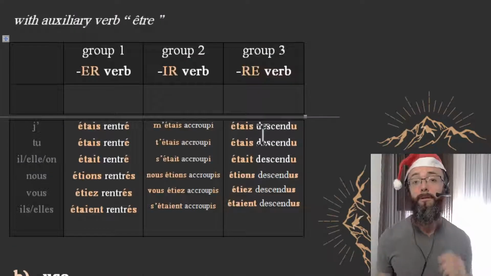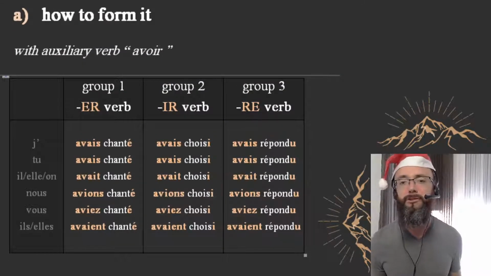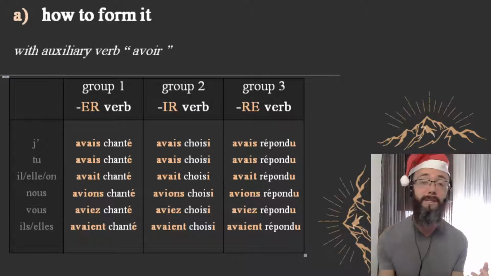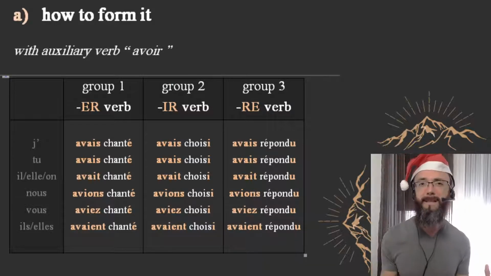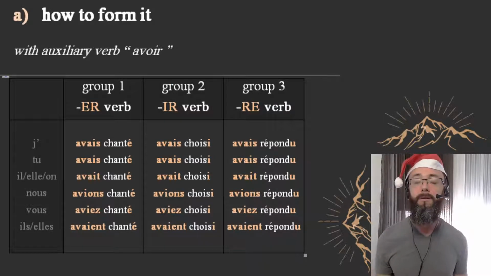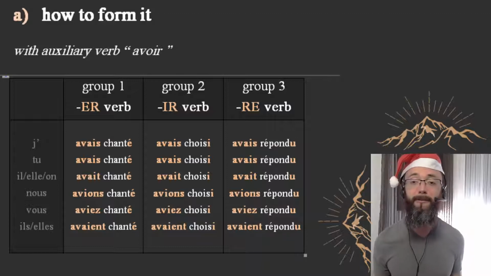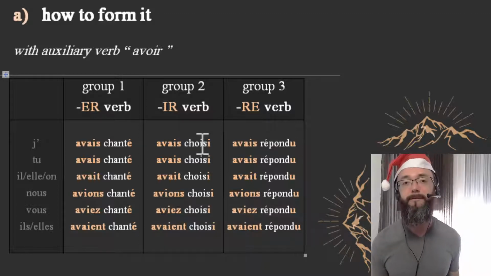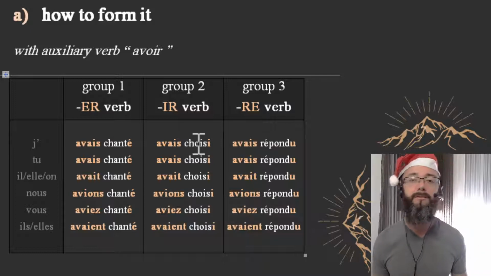And I think that now is the right time to wrap it all up, to sum it up, because we covered two things in this lesson. This is not an extremely hard tense to understand. This is not the difference we have between the imperfect tense and the passé composé. This is not the passé simple, which is more subtle or less used in general, more difficult to form. Here we are having something nice because it's quite easy to form,